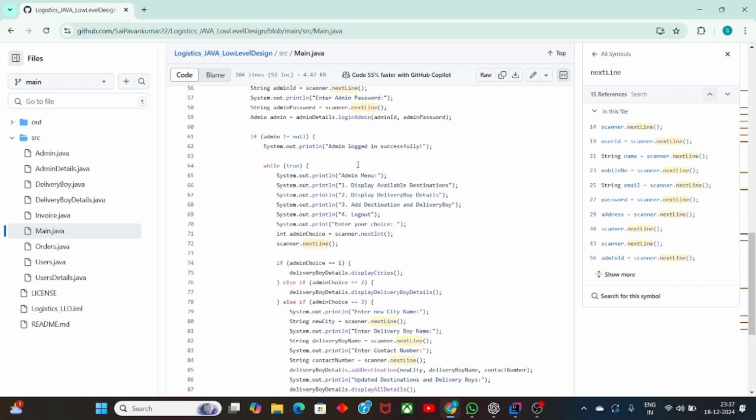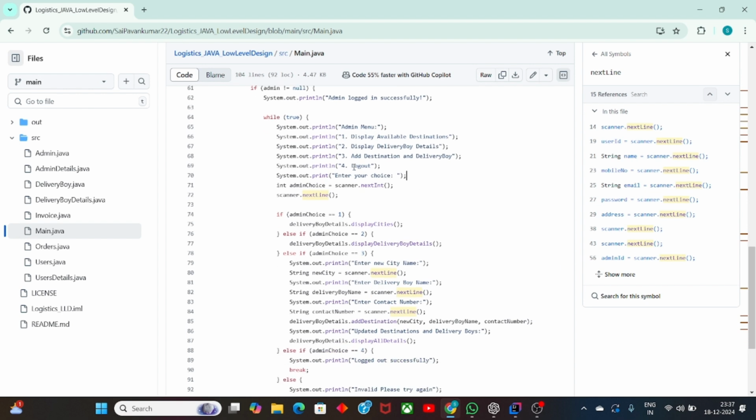which means the password and admin ID are correct. If that is true, I will print four options. The first option is display available destinations, the second option is display delivery boy details, the third option is add destination and delivery boy, and the fourth option is logout. These four options are available for the admin, which are used to see the available details in the system. If I select one, which is display available destinations,